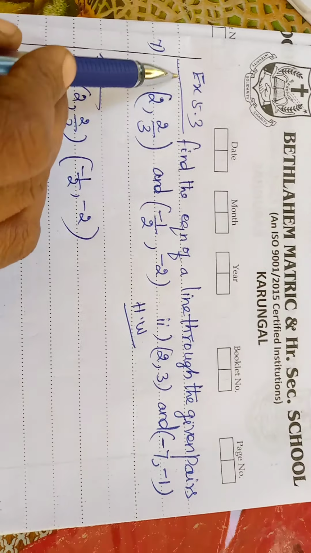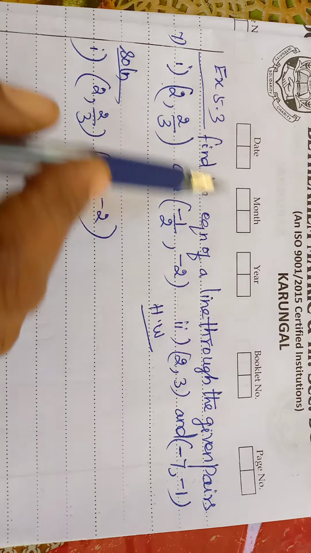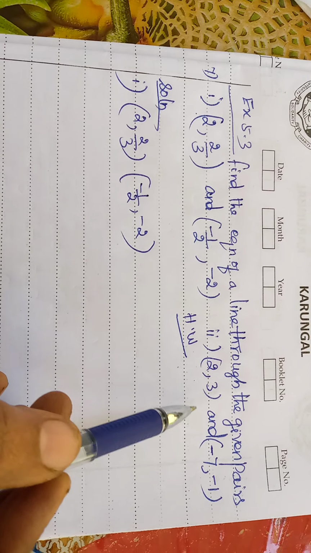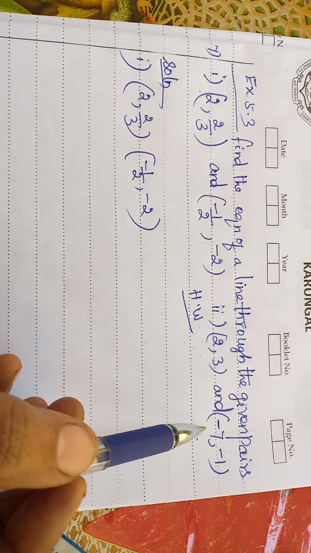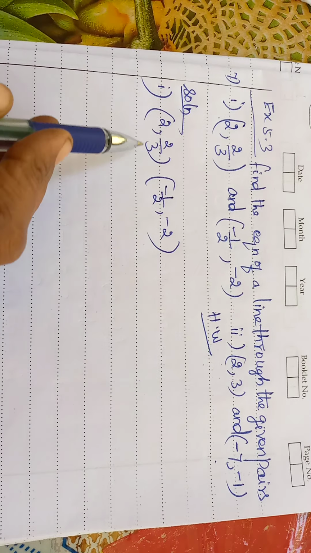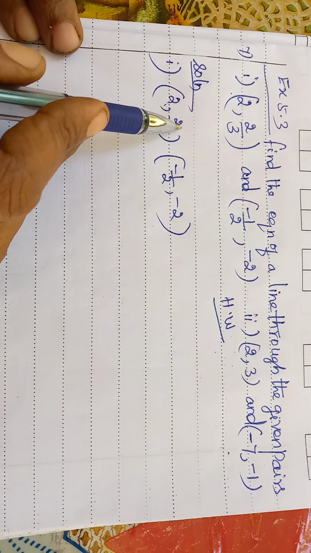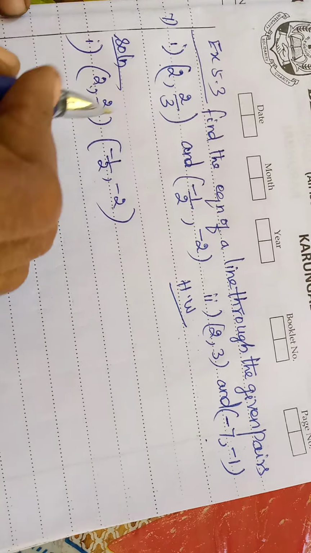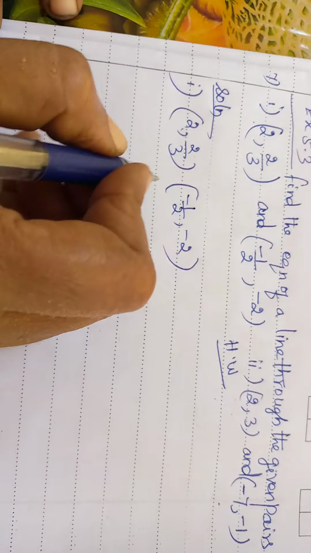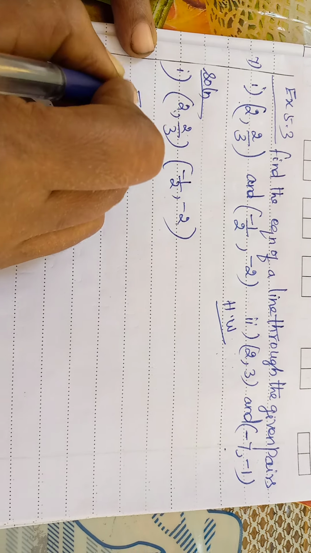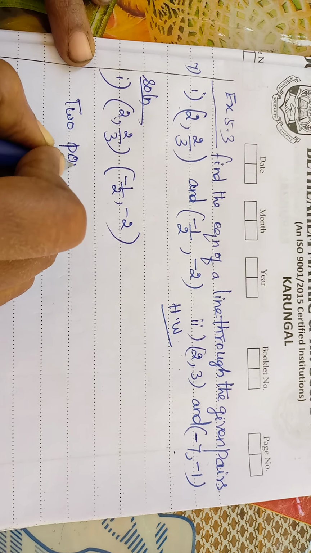Next question is exercise 5.3, 7th. Okay, 2 subdivisions are there. Second subdivision homework, 2-point formula. The last question we did, same procedure you have to follow. First one let us do now. Okay, given points are (2, 2/3) and (-1/2, -2). So first we can use the 2-point formula. 2 points are there, in the sense we can use the 2-point formula. 2-point form is